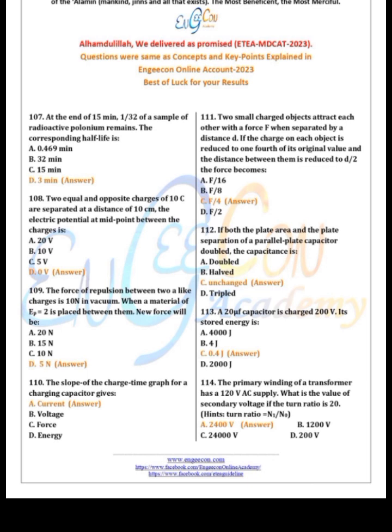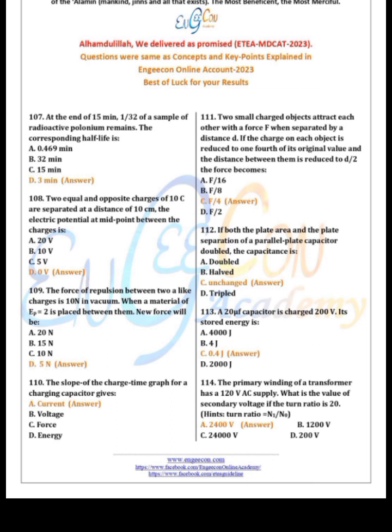112. If both the plate area and the plate separation of a parallel plate capacitor are doubled, the capacitance is: A) doubled, B) halved, C) unchanged, D) tripled. The correct option is unchanged, C. 113. A 20 microfarad capacitor is charged to 200 volt. Its stored energy is 4000 joule, 4 joule, 0.4 joule, 2000 joule. The correct option is C,